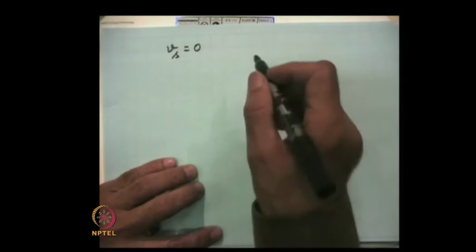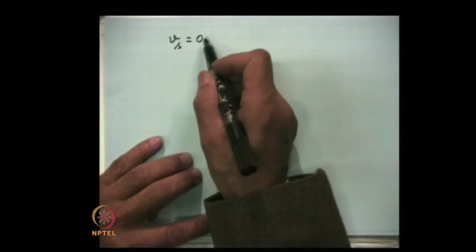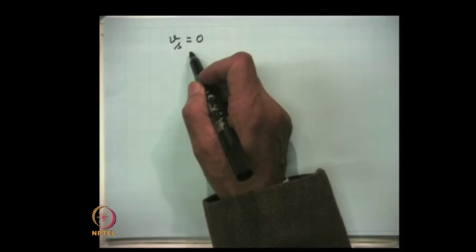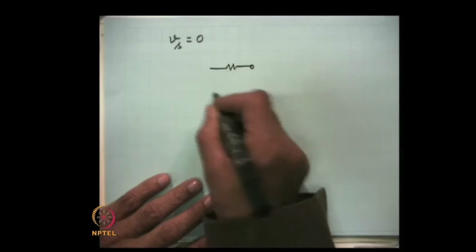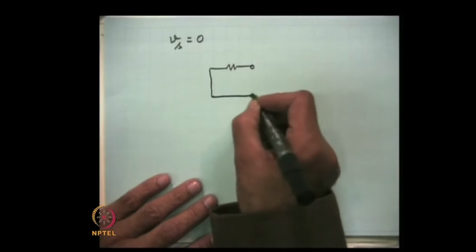This value is reduced to 0, but we will have to keep its impedance in the circuit. We have just switched it off, we have not removed it from the circuit, otherwise we will miss the parameter Rs on which the output impedance will depend. So the input circuit becomes like this, Vs is removed from here.